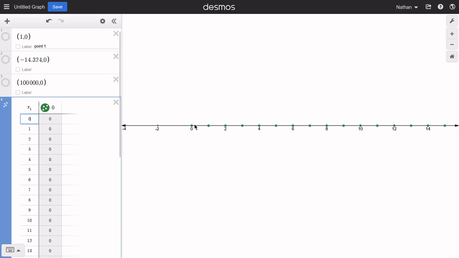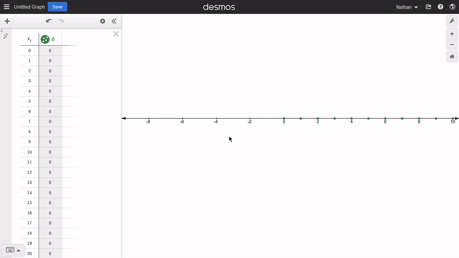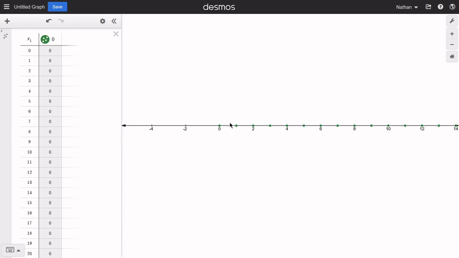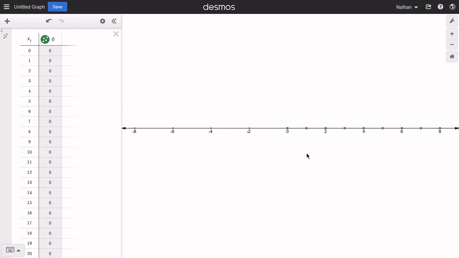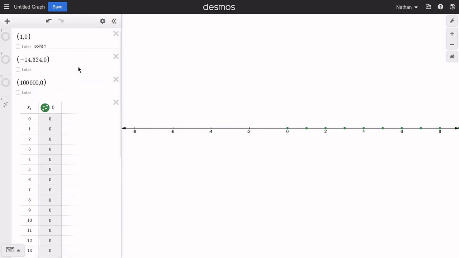If I add 0, 0, and then include all of the whole numbers on up to positive infinity, these are the whole numbers with 0. And then, of course, if I add in the negative whole numbers, then that would be the integer set. And from there, it's going to be a little bit more tricky to talk about since for the rational numbers there's infinitely many of them between 0 and 1, so I can't really show that effectively here. But that's just the basics of sets using this, and then of course plotting points with a table and the coordinate pairs. Let me actually show you a couple of negative numbers here